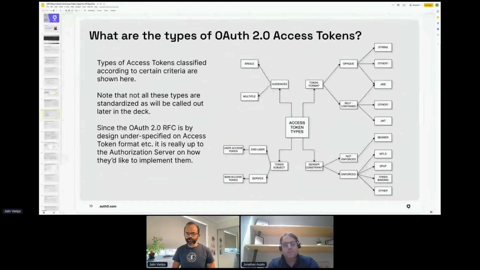Because the stakes over there are pretty high, we are dealing with people's money and finance, that's the reason why the access tokens also need to be pumped up to a different level, which is the sender-constrained access tokens.